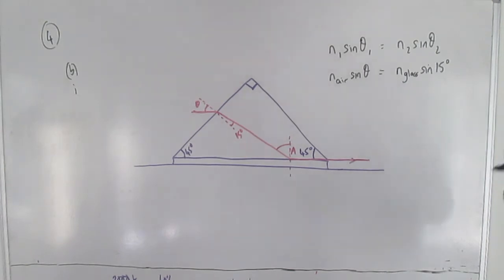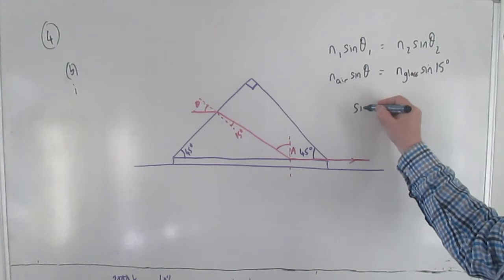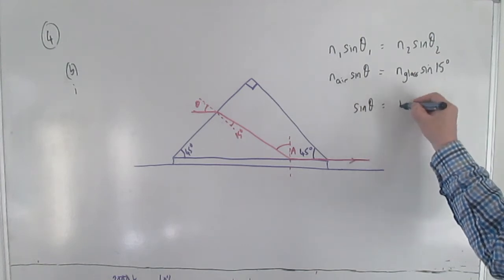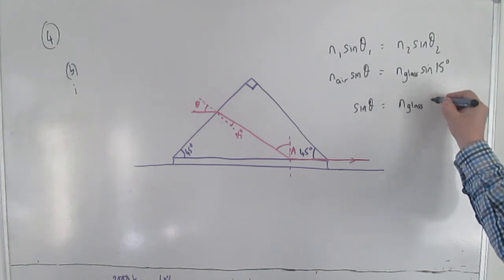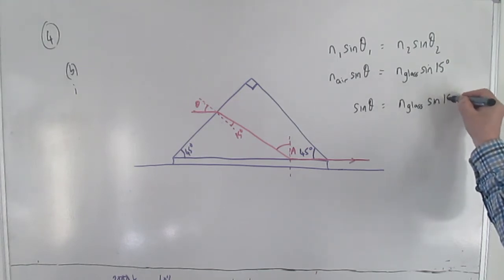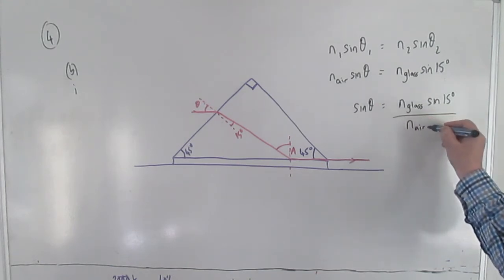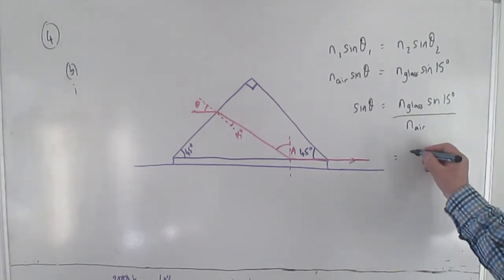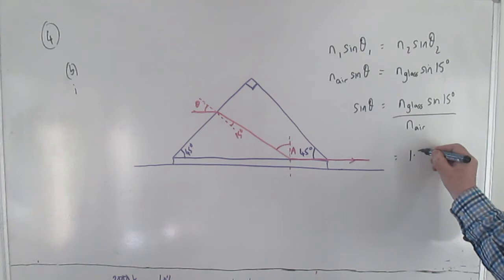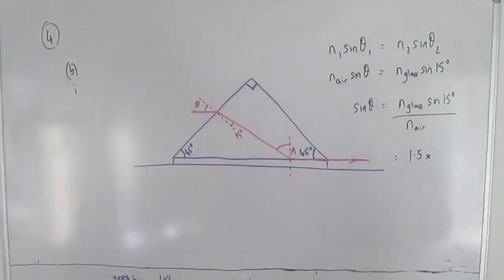And so we can rearrange that to get that sine theta is equal to the refractive index of the glass times sine 15 degrees divided by the refractive index of the air. All those numbers are accessible because the refractive index of the glass it gives us in the question is 1.5 times sine of 15 degrees,